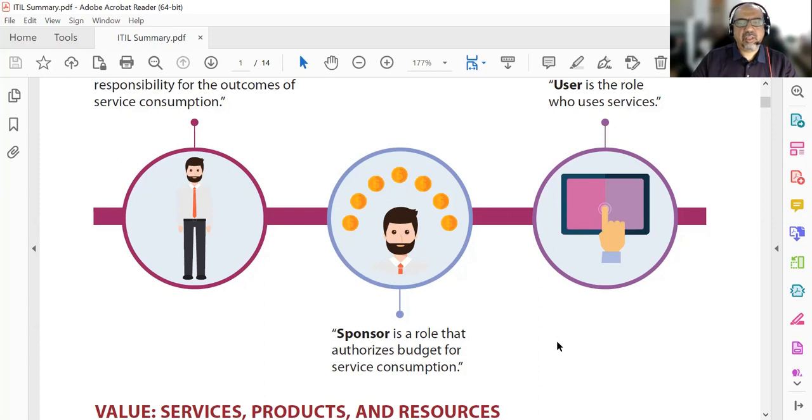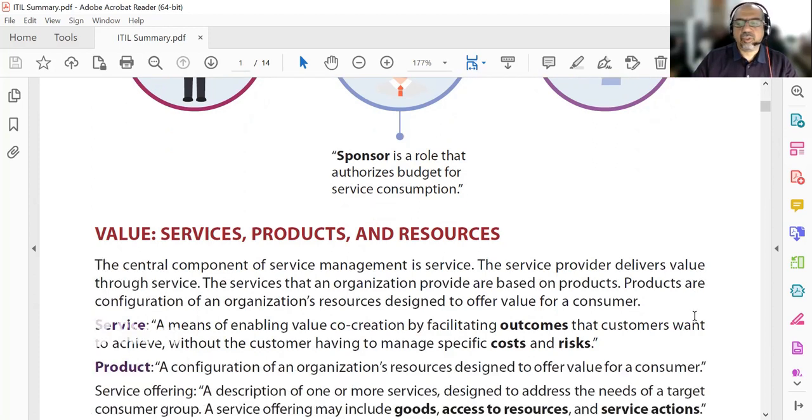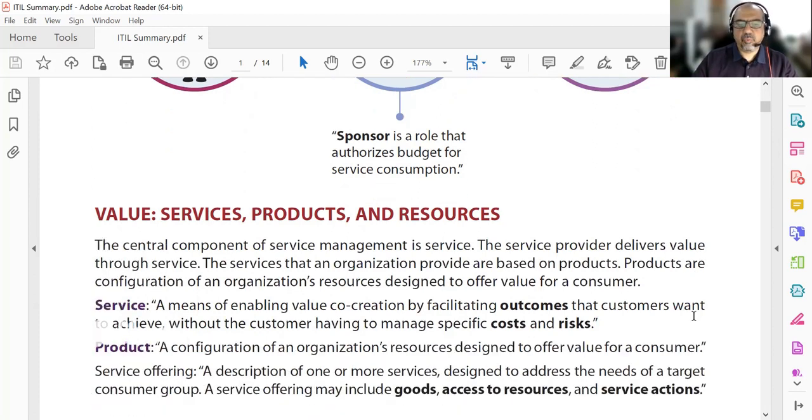So these three roles are very important to understand and differentiate between them. Sometimes they are combined. Good. So we will